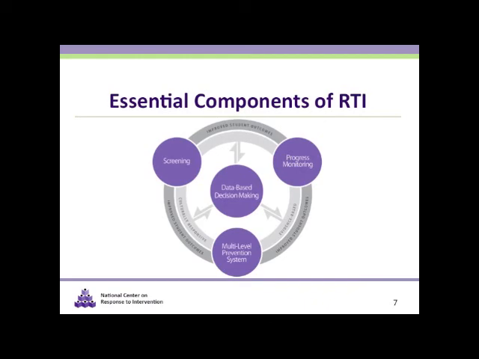If you look at the far left, you see screening. The far right, progress monitoring. At the bottom, the multi-level prevention system. The three outer components require and are necessary parts of the data-based decision-making, which is why the arrows travel in both directions. If the three other components are in place but data-based decision-making is absent,